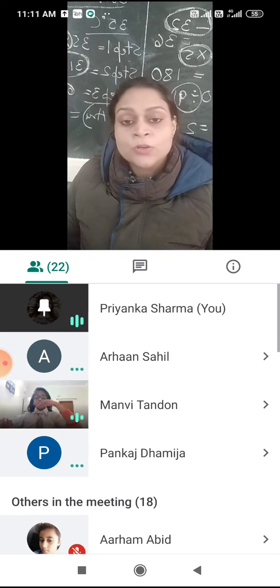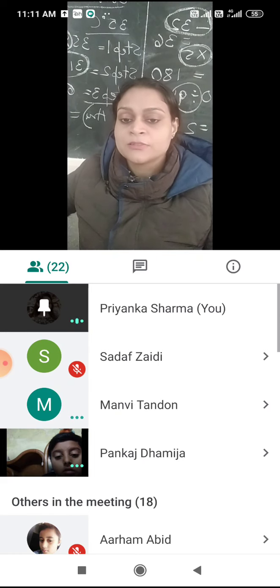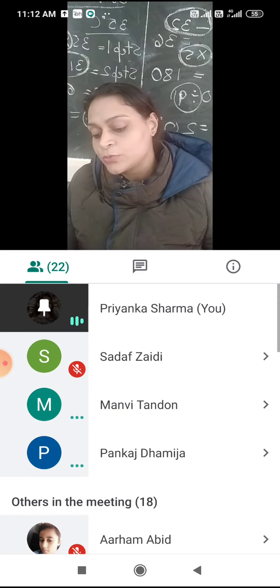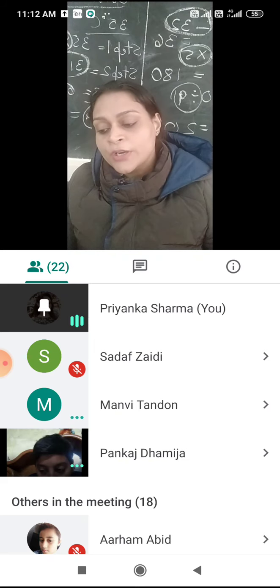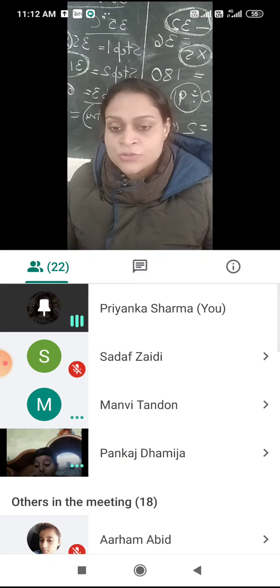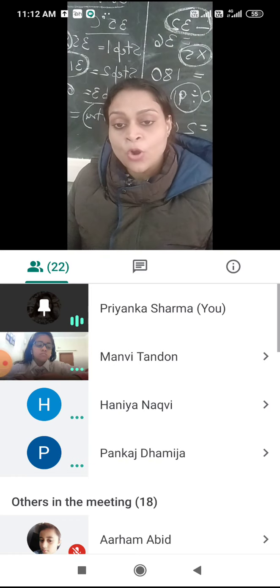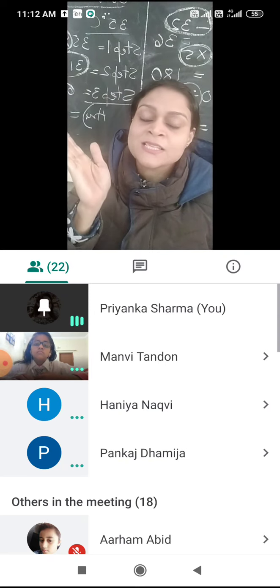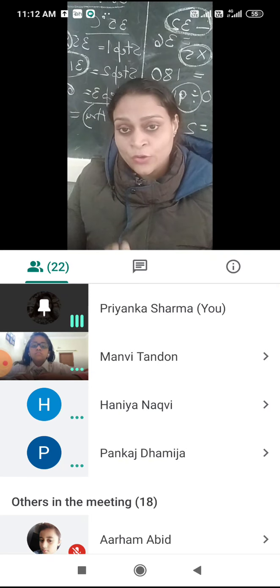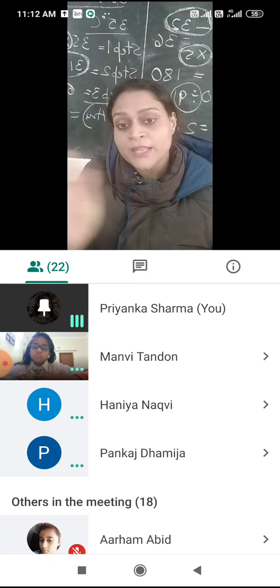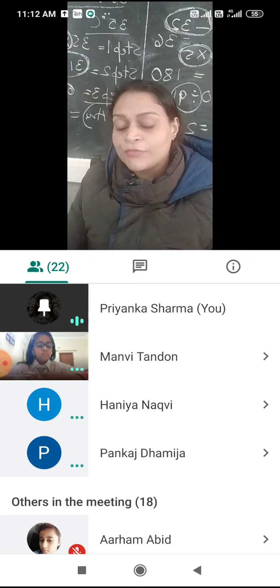Now look at the shadow. Look at the heading and read in the book. When light falls on an opaque object, it cannot pass through the object. Therefore, opaque objects block light. As a result, a dark area is formed on the side opposite to the light. As I told you, shadow is always formed on the opposite side. If the light is coming from the right hand side, then the shadow will be formed on the left hand side, in the opposite direction. This dark area is called the shadow of the opaque object.